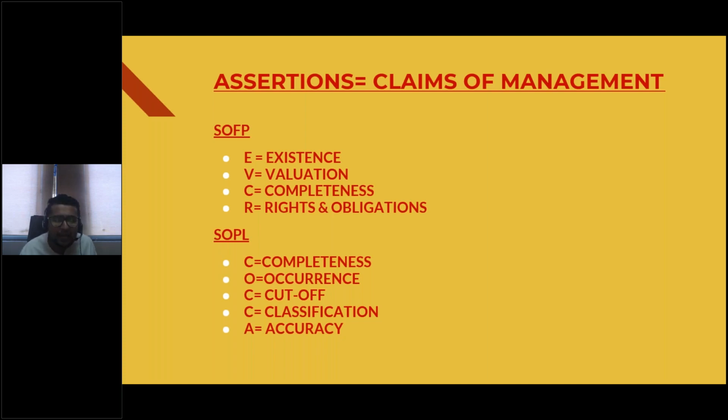Occurrence is exactly what the word existence is. Existence has got to do with the statement of financial position. Occurrence has got to do with the statement of profit and loss account. What does occurrence mean? Occurrence means that any transaction which has been recorded by the client should have occurred for